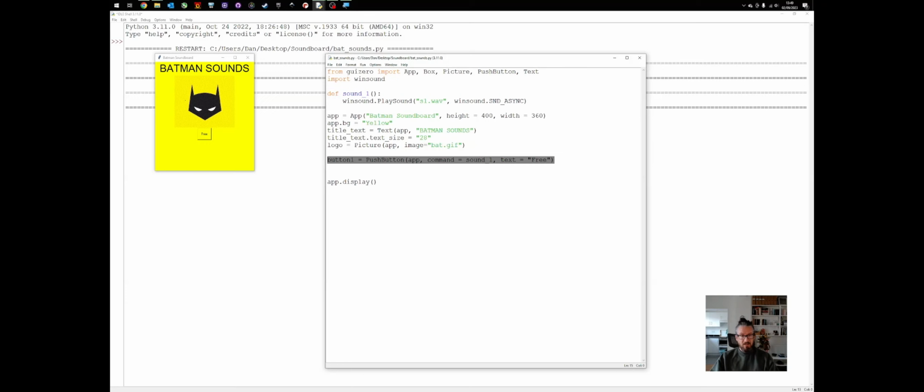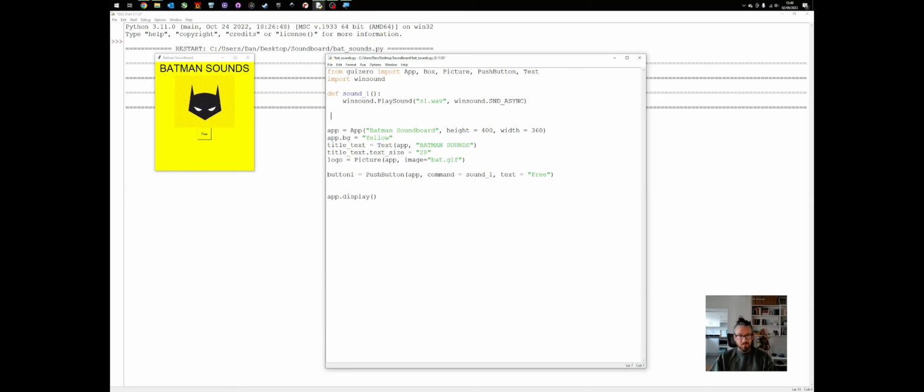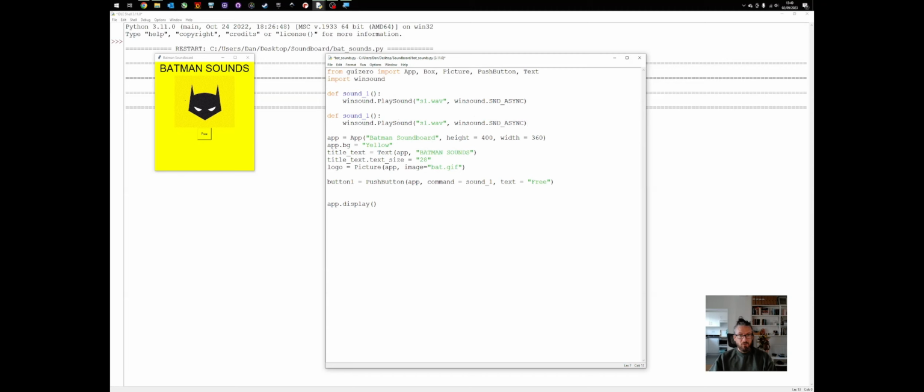We're now going to add another button. But first of all, we're going to go up here. We're going to copy and paste this function in. And now I'm going to call this sound2, and in here, I'm going to change this to sound number 2. So what I've got is the same function, but it's named something different so that I can then assign it to a different button. If I go back to my button code, copy it, paste it in, this time I'm going to change it to button2, and when I press it,